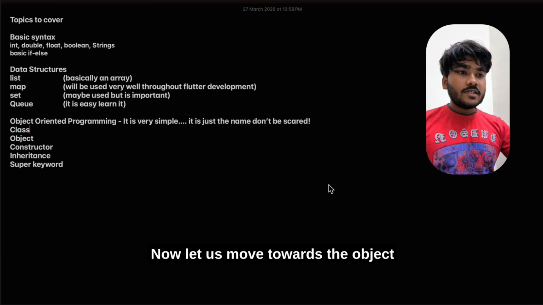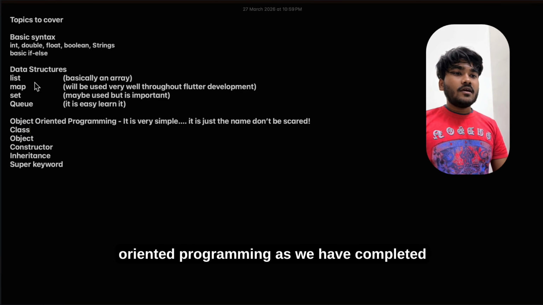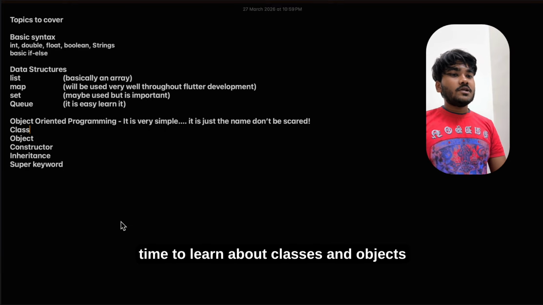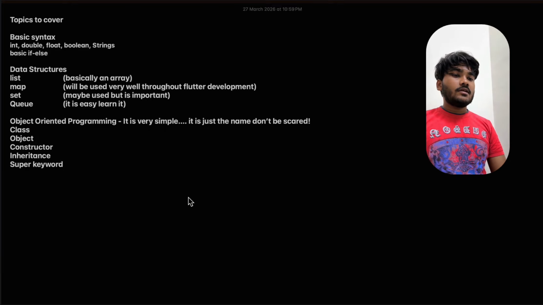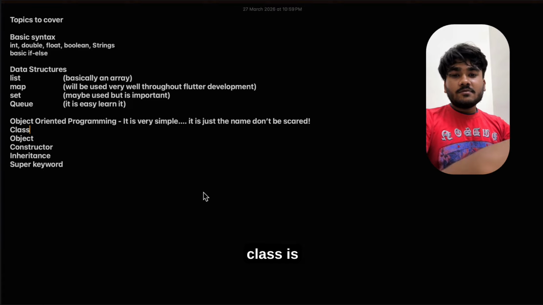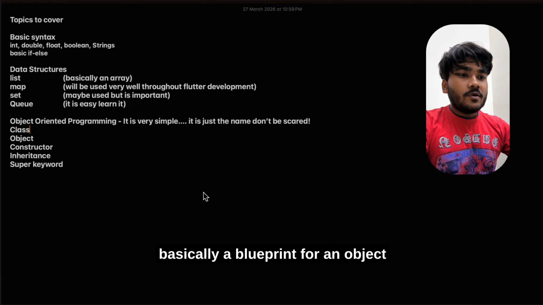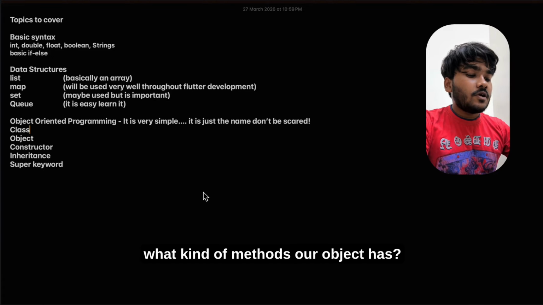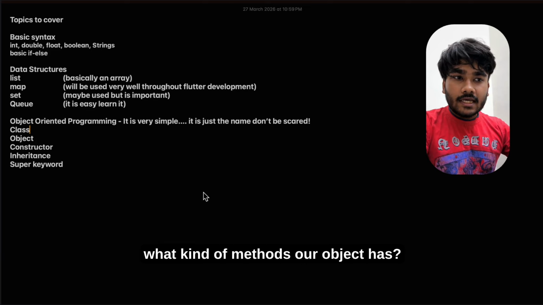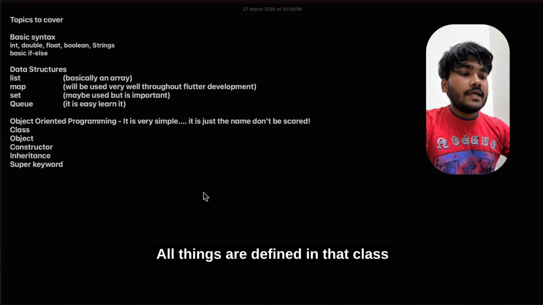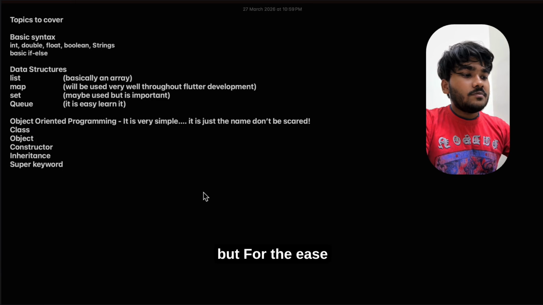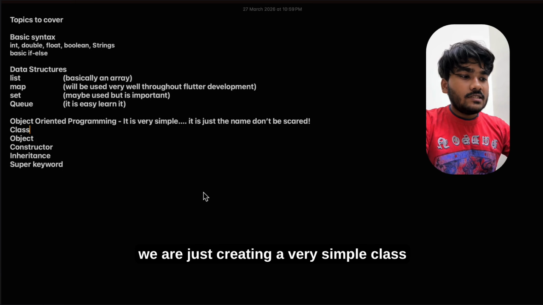Now let us move towards object-oriented programming. As we have completed the data structures and the basic syntax, it's time to learn about classes and objects. Class is basically a blueprint for an object. What kind of variables an object has, what kind of methods an object has, all things are defined in that class. Class can be very simple, class can be very complex, but for the ease we are just creating a very simple class called car